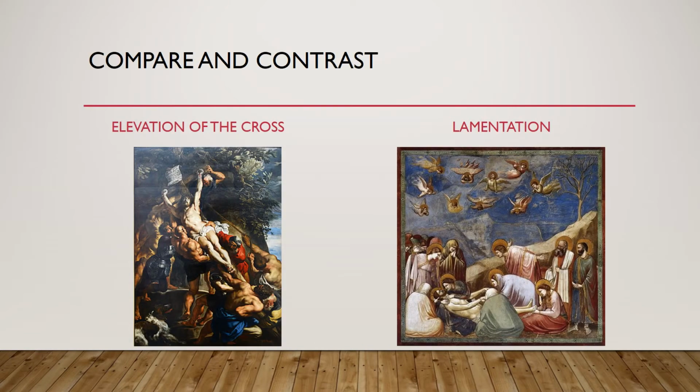Now we will perform a compare and contrast review of Rubens' Elevation of the Cross and Giotto's Lamentation. These two paintings are both similar in that they both center on Jesus, yet they are resoundingly different. The Elevation of the Cross depicts Christ prior to his death, just after he is nailed to the cross. It appears the figures in the painting are straining to hoist the heavy cross along with his body fragilely nailed to the cross into an upright position.